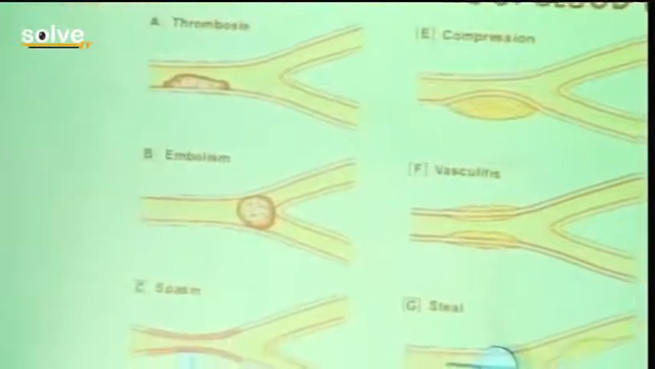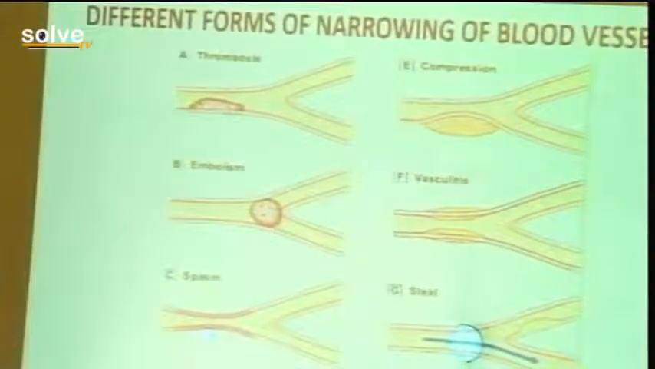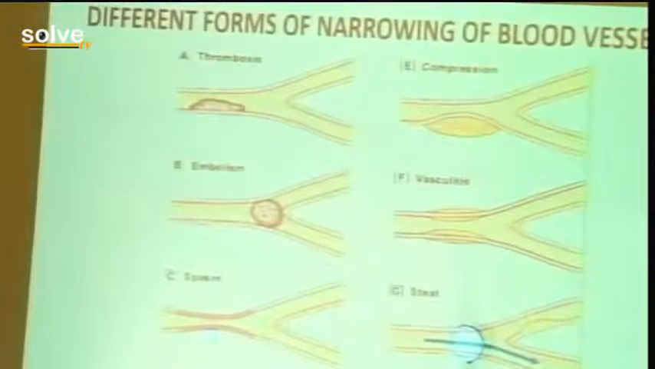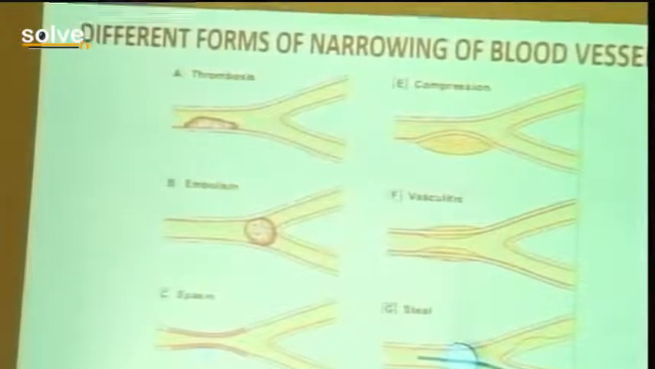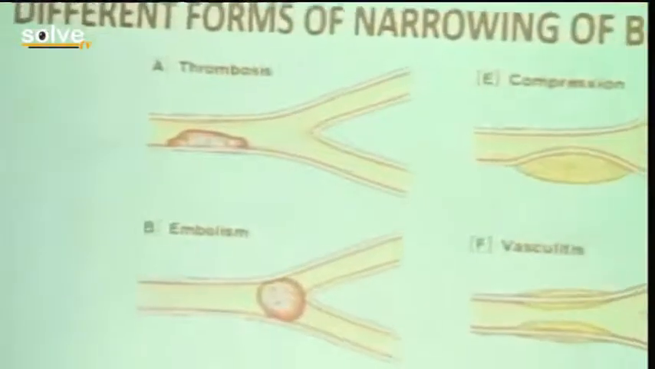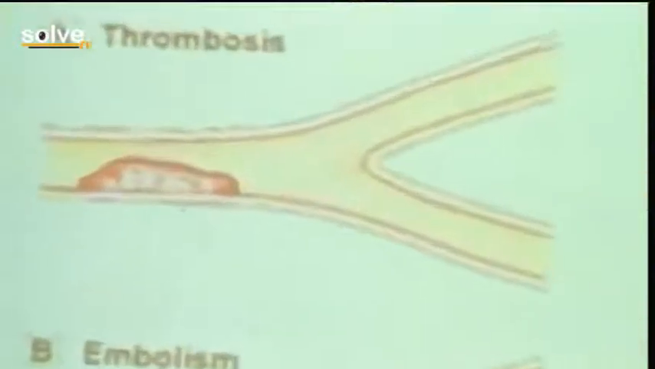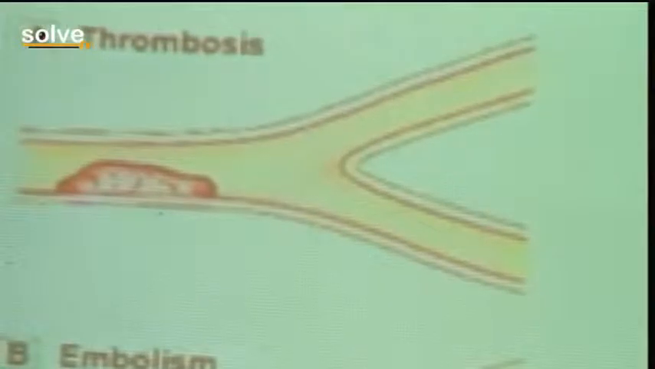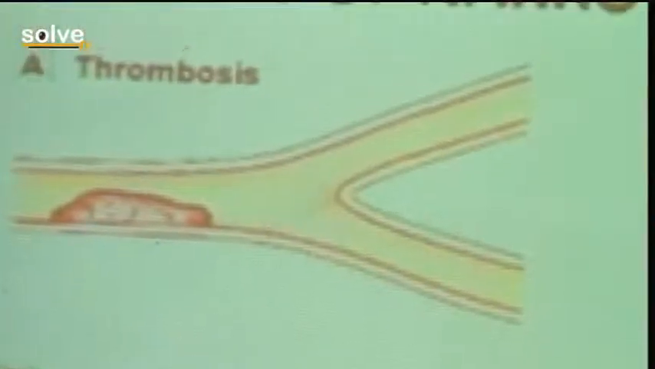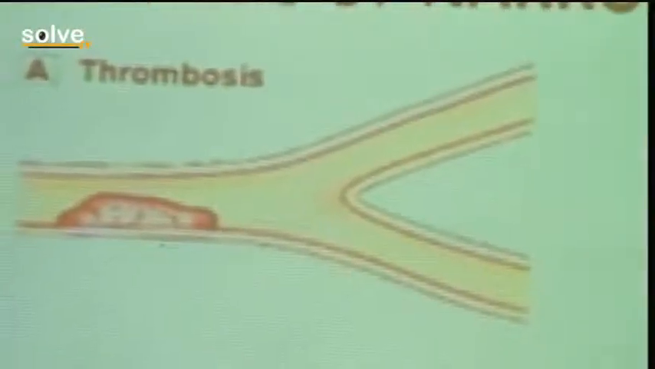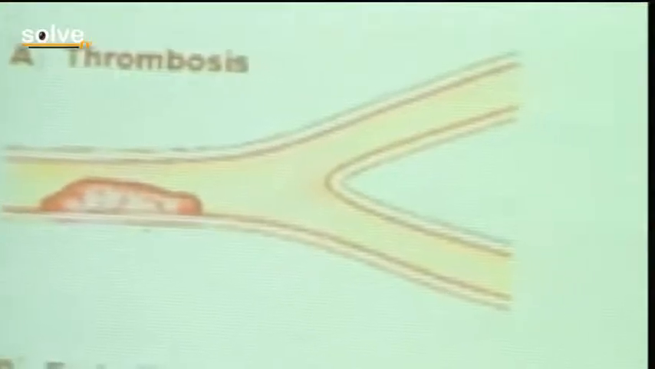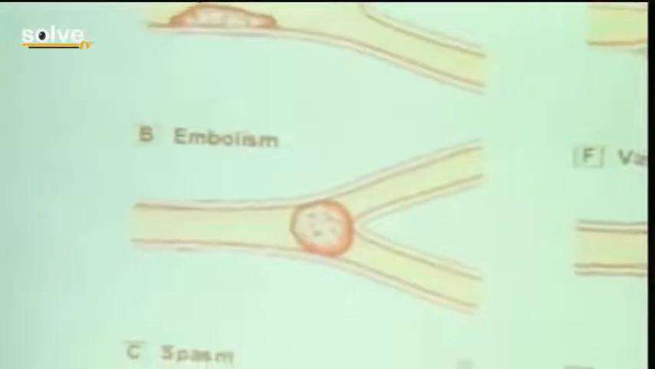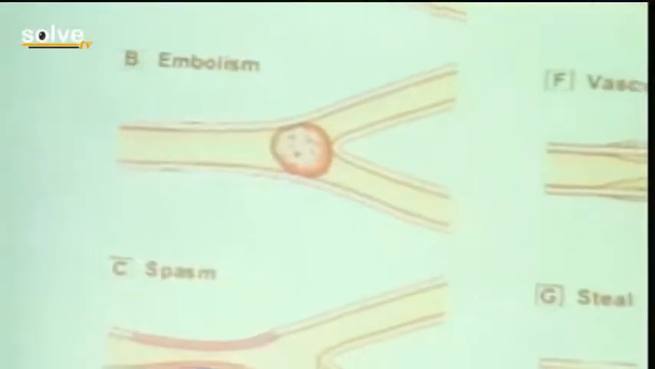Now let's look at the different forms of the narrowing of the blood vessel. When the lecturer yesterday was talking about the biochemical interactions and all that about thrombosis, I enjoyed her lecture so much. It was explaining this thing. She was actually explaining this pictogram. Why am I saying it? Because